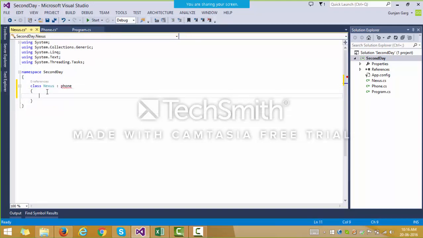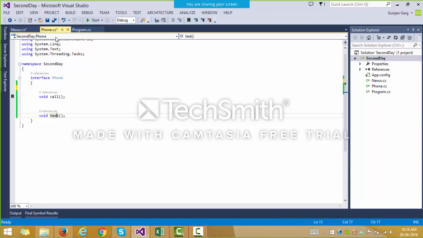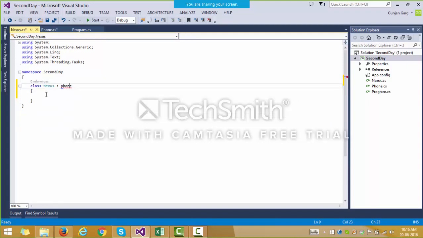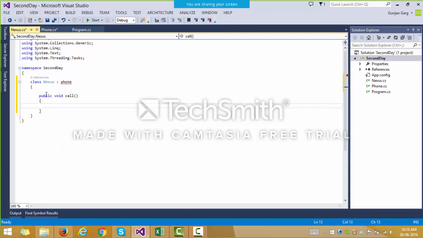Now how will it be accessible? I'll just tell you. In order to implement the phone interface, all the functions which are declared inside the phone interface, we will define them inside the Nexus class. We will implement those functions. That is, we have the first function as the call function, so I'll implement that and suppose I simply write Nexus calling,